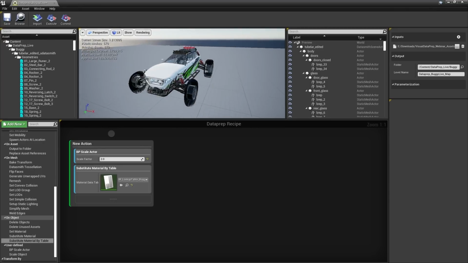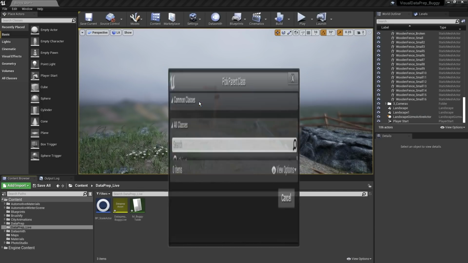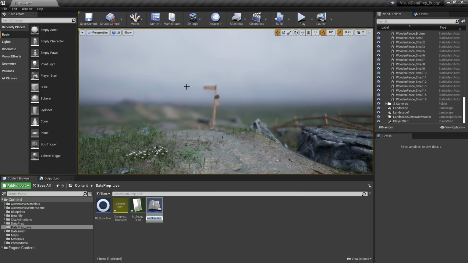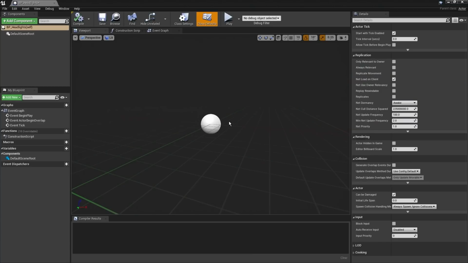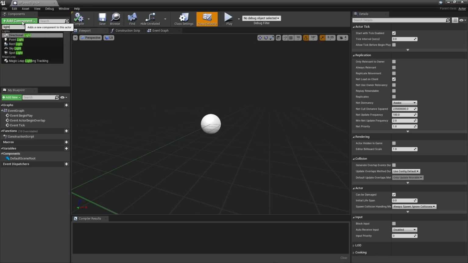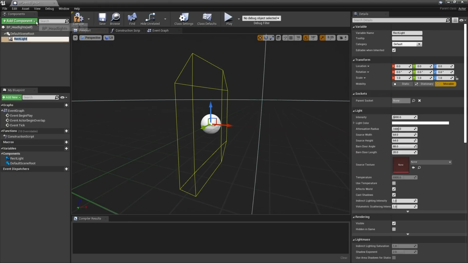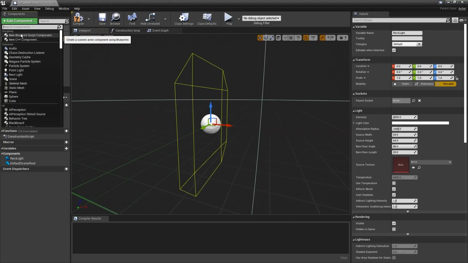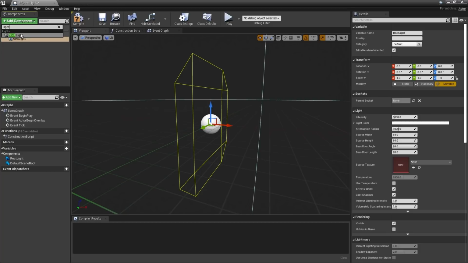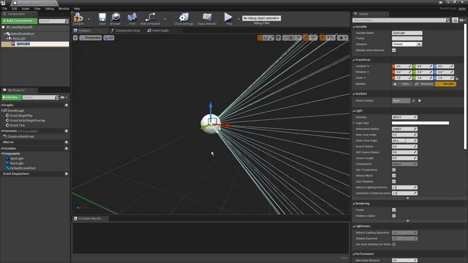We still have some normals that need to be flipped, and I'd like to add some headlights and taillights to this. We'll go ahead and create a new blueprint class. In this case, we're going to make an actor and call it BP underscore headlights. Now, all we really need to do in our headlight actor here is spawn a light or two. So I'm going to go ahead and choose add component, and we'll search for light. We're going to drop in a rectangle light, and then we're going to add another one here. We're going to add a spotlight so we can get a nice effect.